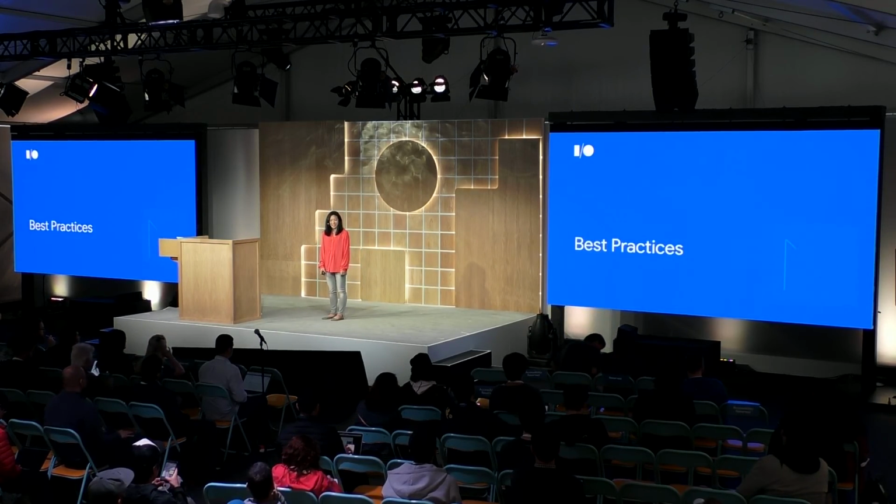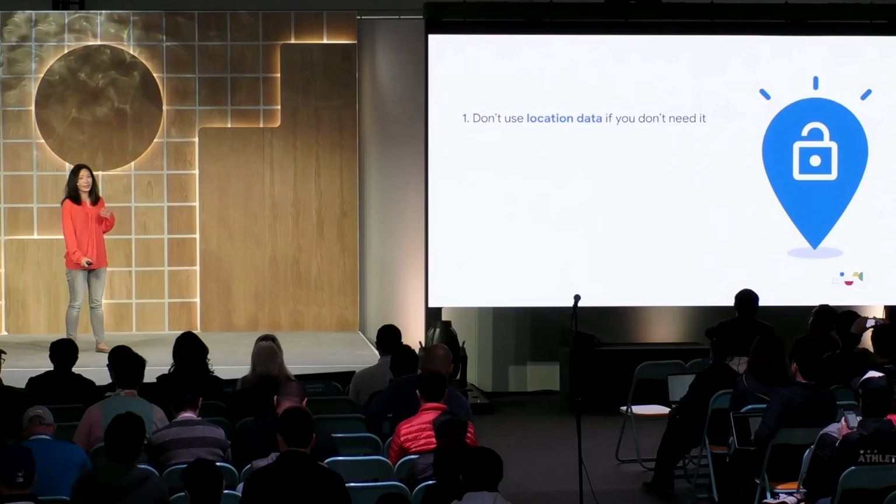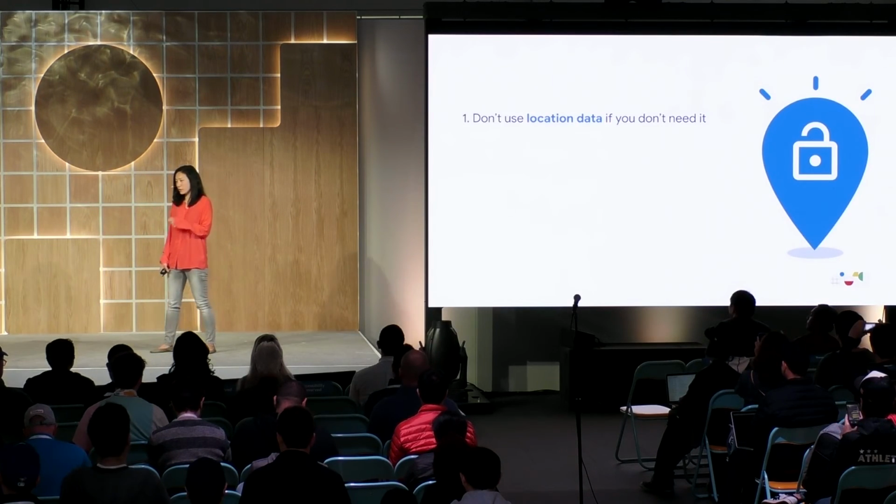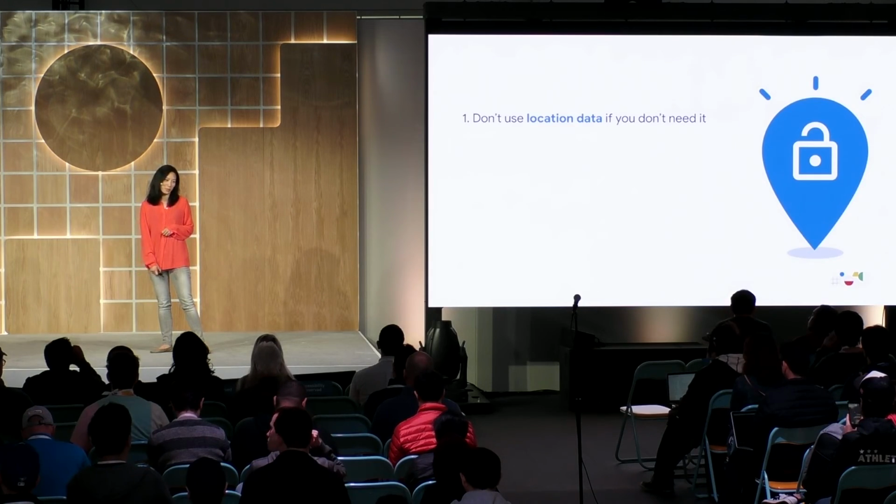Thanks, Wei. Now that we've talked about how to update your apps for some of the new changes in Android Q, I'm going to summarize by talking through some of the best practices. First, don't use location data if you don't need it. As Wei just talked about, any API that provides location-related information will require the location permission. However, these new Wi-Fi suggestion and peer-to-peer APIs allow you to implement connectivity use cases without using location information. So if your app supports these types of use cases, we encourage you to migrate to these new APIs. This will also make the experience simpler for your users.